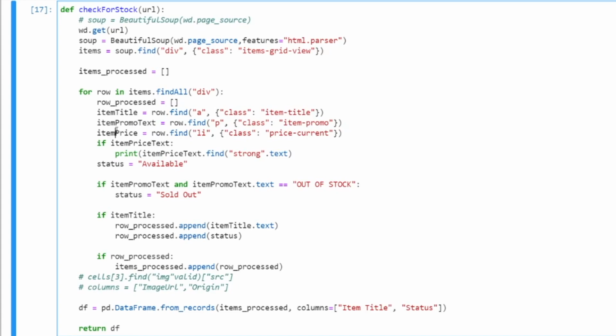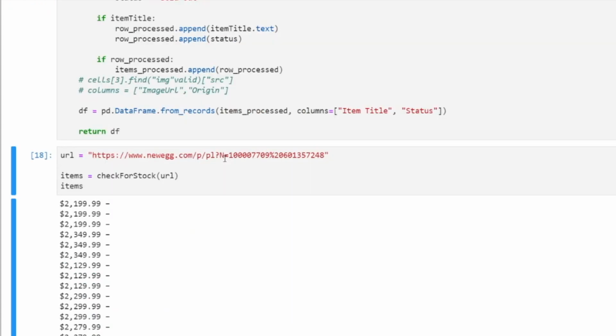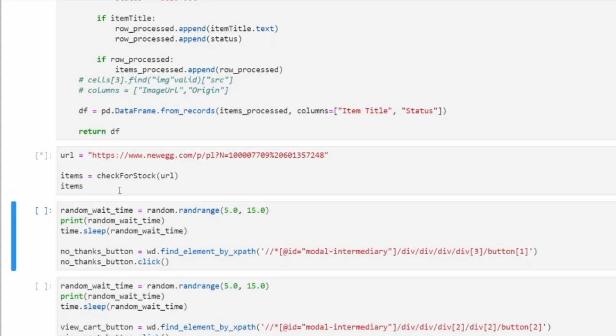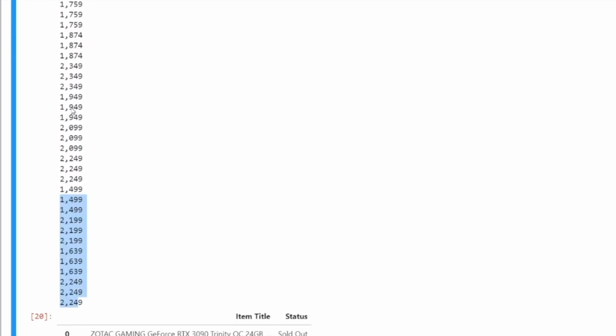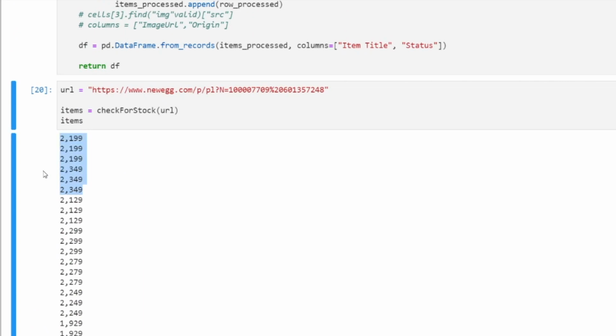then I will have item price, and I'll have a strong tag. Don't need to add any criteria to it. Okay, and let's see what happens now. Okay, so now I have the numbers without any additional text. Okay, I have the comma, but the comma I can deal with easily. I don't have any currency sign, or any extra wording there, right?